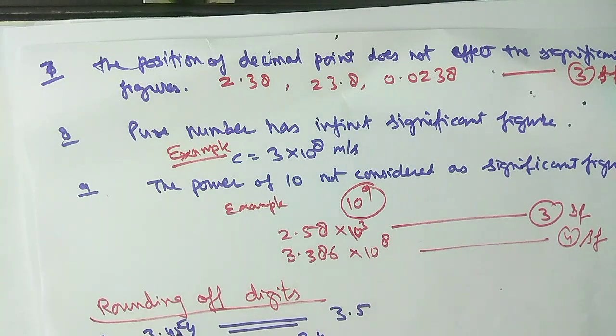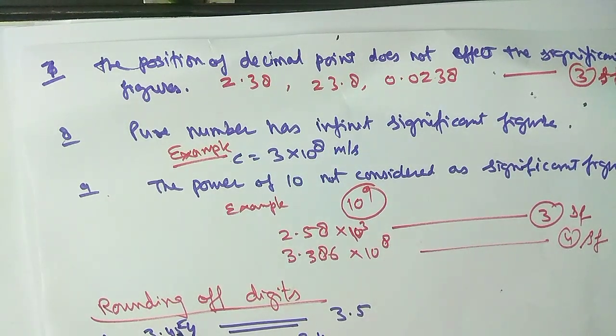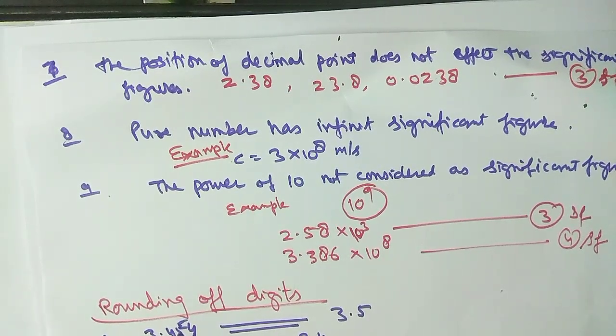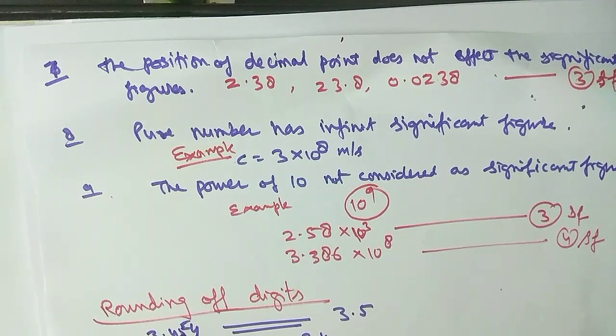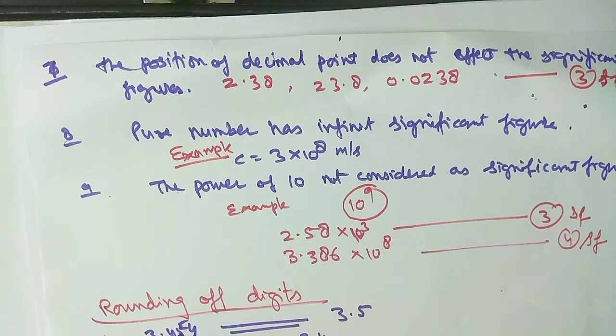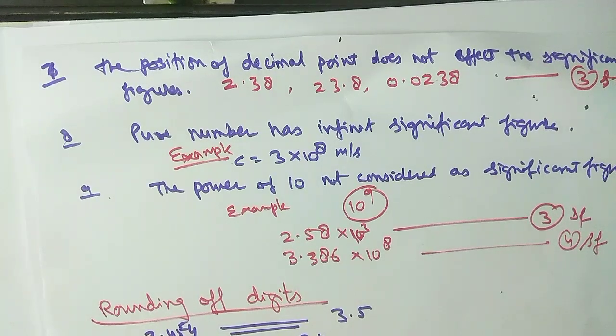See another example: 3.485, or 3.4850, or 3.48500. When rounded off, it will be written as 3.48. You will write 3.48. Rounding off, I think, is very easy for all of you.